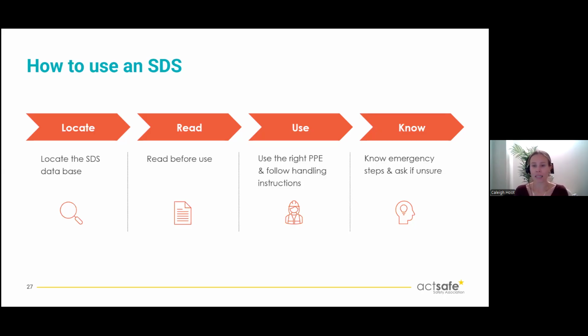So follow any safe handling procedures or storage instructions. If we need to keep it away from heat sources or other chemicals, we need to know how to store it as well. Finally, we really want to be aware of any emergency procedures. These can be things like first aid, spill cleanup, anything that you need to know. Do you need an eye wash station close? Do you have a spill kit if something happens? We don't want to guess. That's the scary part of working with chemicals. We do not want to guess what we need.